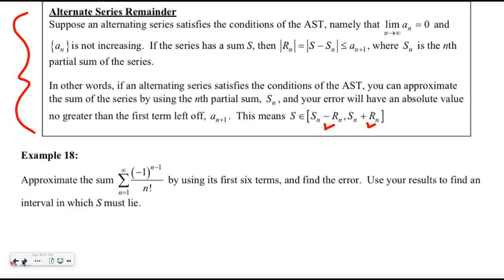Now let's talk about what this all means. First of all, this is only for alternating series, which means your limit as you go to infinity has to equal 0, correct? It has to be a decreasing sequence, which we can see 1 over n factorial is going to decrease, so that's usually not a big deal. What is this notation for? You should know that. The remainder, what do I call it? The rest of it, or the,